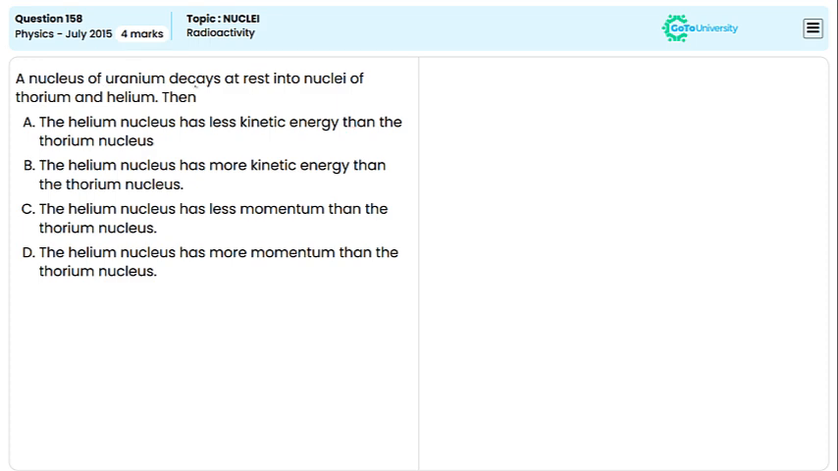A nucleus of uranium decays at rest into nuclei of thorium and helium. Then, given the four options, which is the right option we need to find here. We know that the nuclear reaction is given by, that is the uranium